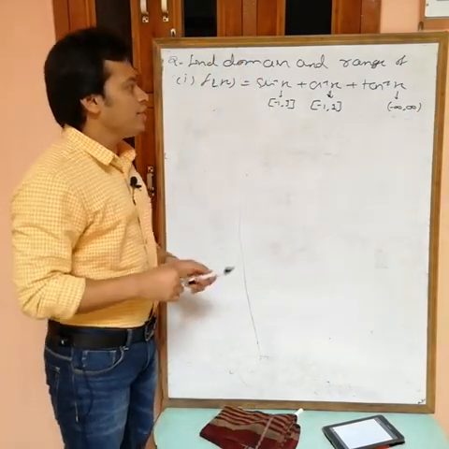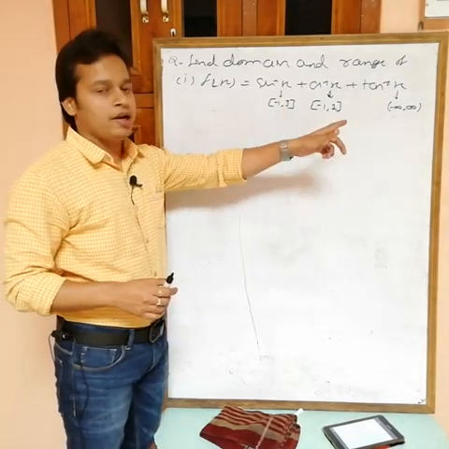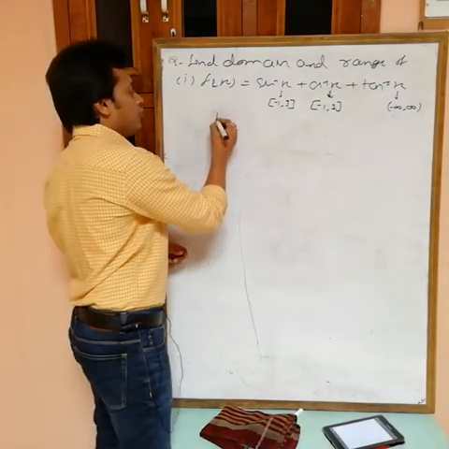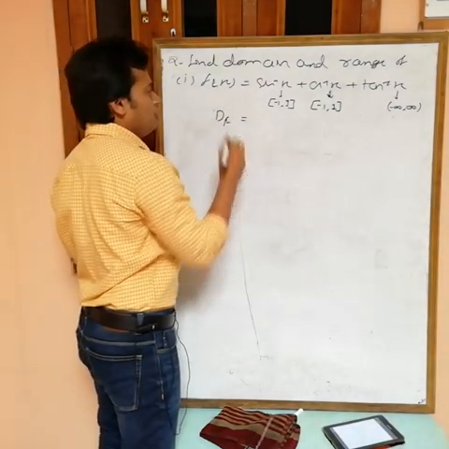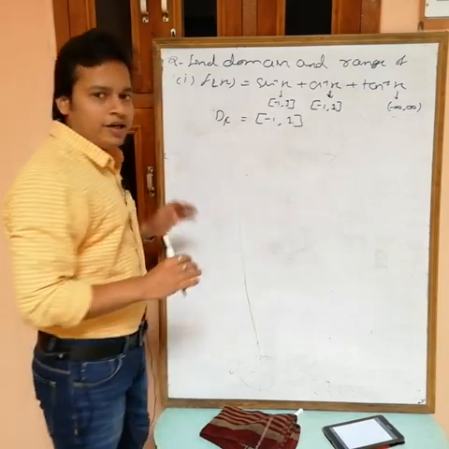Now we want values of x such that every function is defined, out of these three. So if you take the intersection of these three, what will you get? -1 to +1. So the domain of f is -1 to +1. Now the domain is clear. Now what do you want?